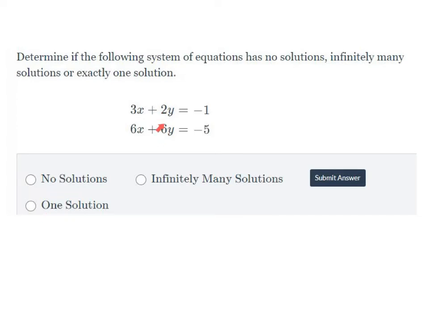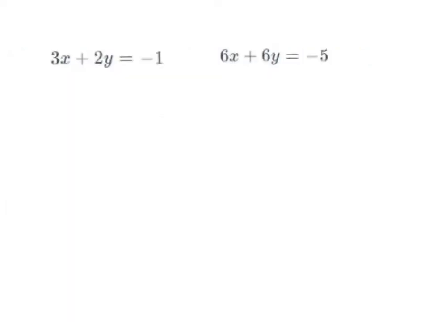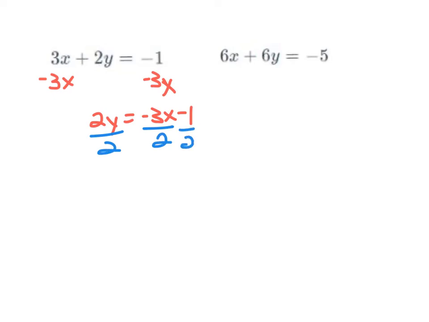So what we would need to consider is to put these two equations in slope-intercept form. So let's go ahead and do that on the next slide. So this will be a little bit of review of solving for y, or putting these equations in slope-intercept form. On this first one here, we are going to subtract 3x from both sides. So our equation becomes 2y equals -3x minus 1. And then we divide everything by 2. So our equation becomes y equals -3/2 x